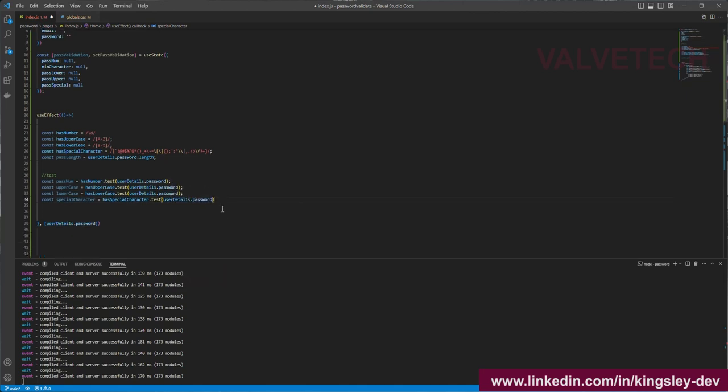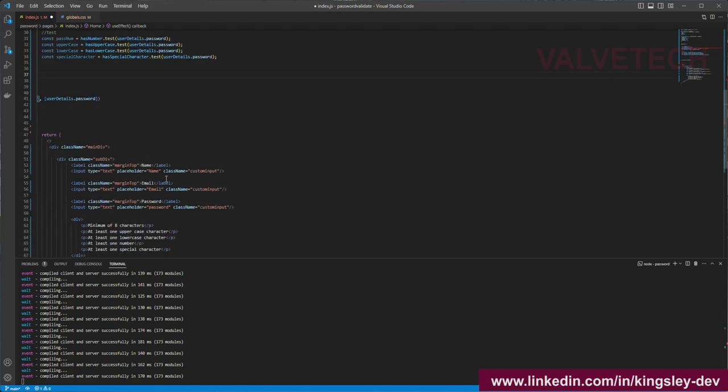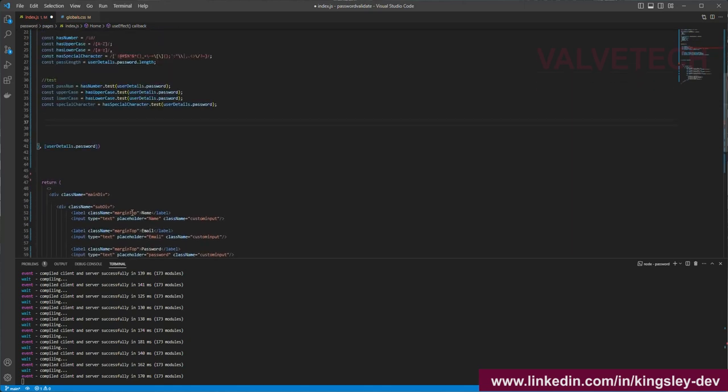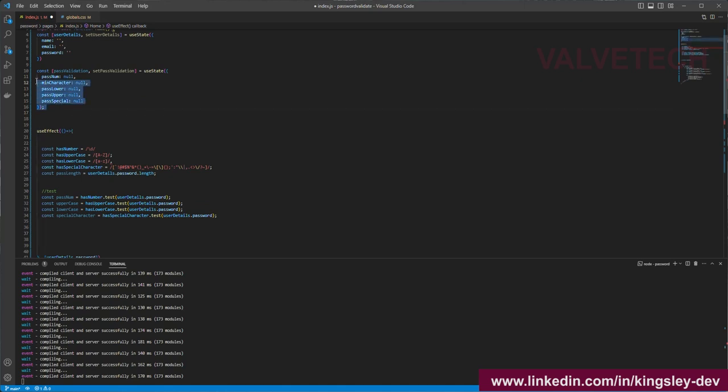Okay, right now we have set all of these, and we need to make these conditions that we've written inside this useEffect available outside this environment, so that we can have access to it here to test it. To do that, we need to set these states. This is why this is now important. We need to set these states with all the variables, all the conditions that we've tested here. So to do that, we'll now say